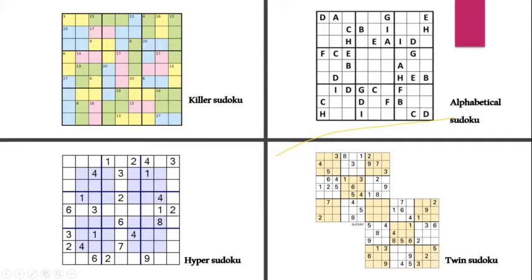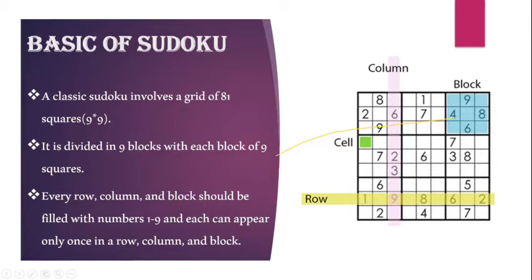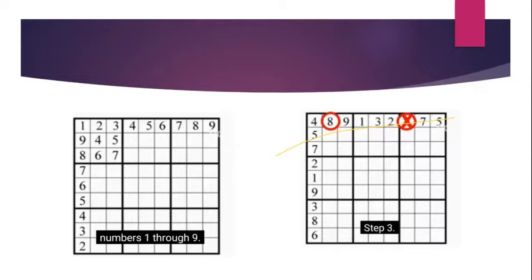And now basics of Sudoku. When we look at a Sudoku, we should know some common things about it. A classical Sudoku is made up of 81 squares. Here, squares are also called cells. The second thing is, a Sudoku is divided into blocks of 9, with rows of 9 and columns of 9. And the third important thing is, every row, column and block should be filled with numbers from 1 to 9, and no number should be repeated in its row, block and column.